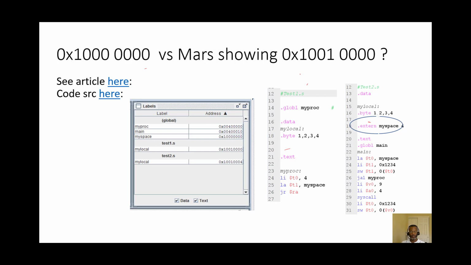Alright, so you may see something that looks a little bit different when it comes to Mars. Let's see if I can write on this. When it comes to Mars, you're actually going to see in our emulator an address of 1001 with zeros following. And when this space would be used is when we have an additional